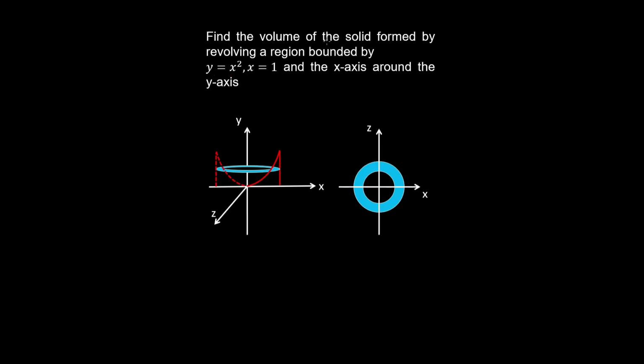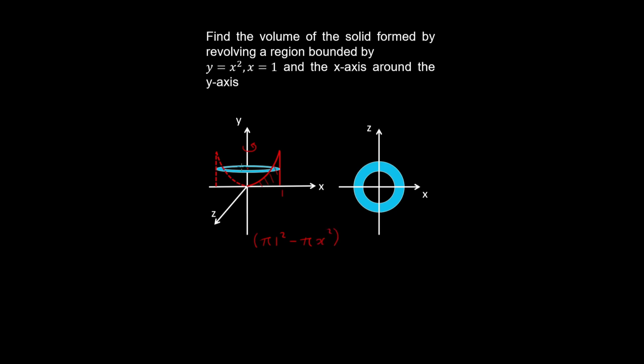Let's find the volume of the solid formed by revolving a region bounded by the parabola y equals x squared, x equals 1 and the x-axis. So this 2D region revolved around the y-axis. And because that curve is not touching the axis of revolution, we can use washers. So the outer washer has a radius of 1, so the area is pi by 1 squared, and then minus the area of the inner washer, which has a radius of x,